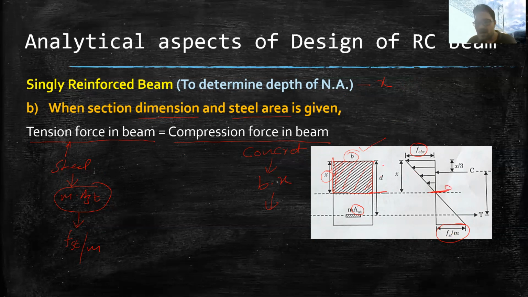So now across the depth the stress is varying, while in the steel case the stress is not varying and we are able to use the direct value FST by M, but this is not the case for concrete. In concrete, the uppermost fiber has FCBC and at the neutral axis level it is 0. So which stress should be taken, 0 or FCBC? Well, we won't take FCBC, nor 0. We will take the average value. The average value will be FCBC plus 0 divided by 2, which becomes FCBC by 2.